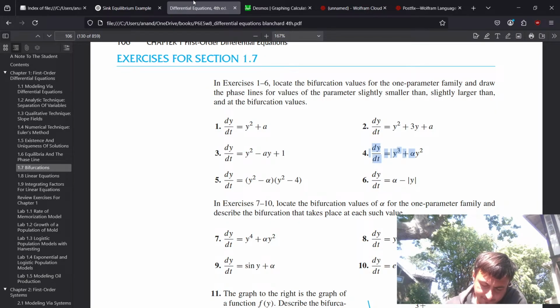So if, let's just say a equals minus 1, or let's do a equals 1, then we're going to have, for that, we're going to have,